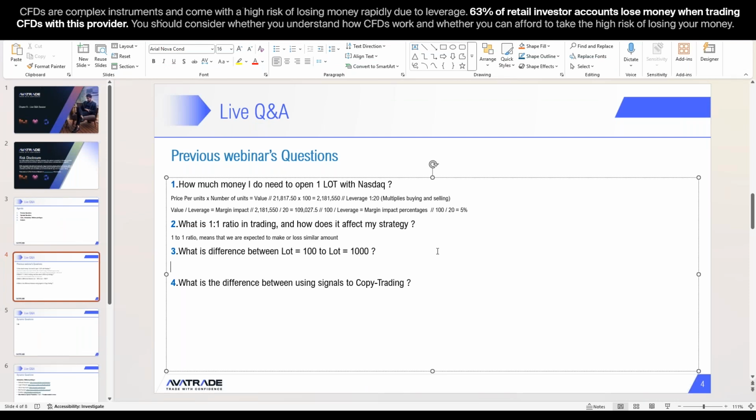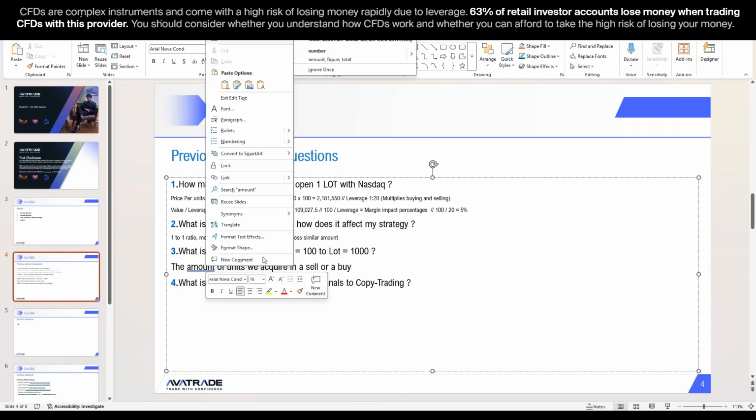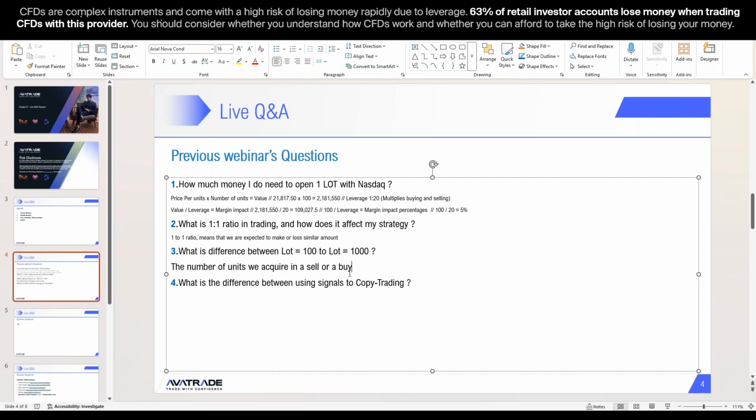All right, so the difference is the amount of units we acquire in a sell or a buy, and the amount we can make or lose per dollar movement